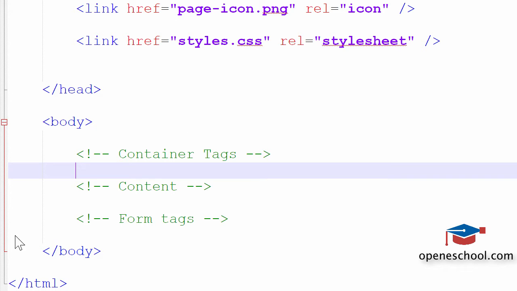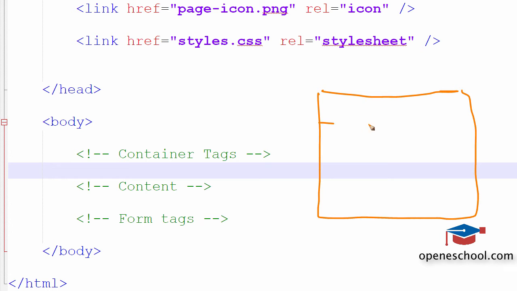So let me draw and give you an example of how the div tag can be used. Suppose you want to create this kind of a layout in the web page, where you want to have a header, a left section, and a right section. So you want to have a header, the left section, and the right section. Now, to create this kind of a layout,